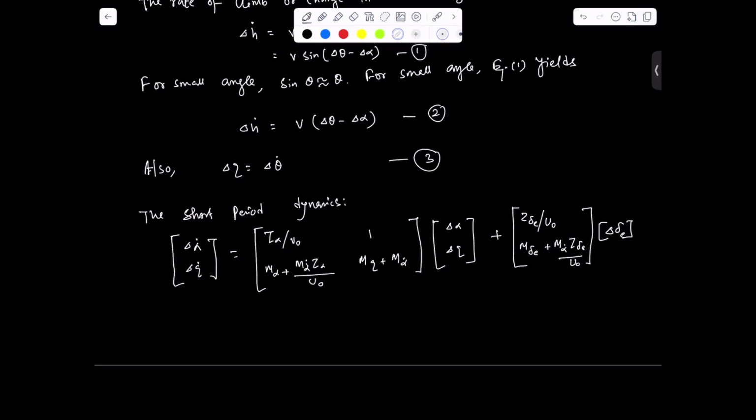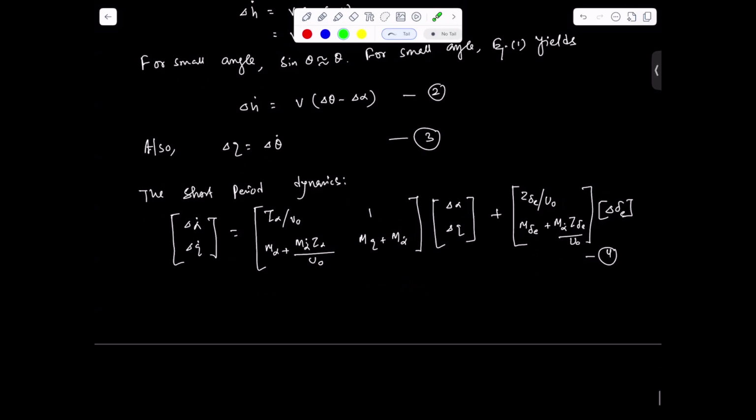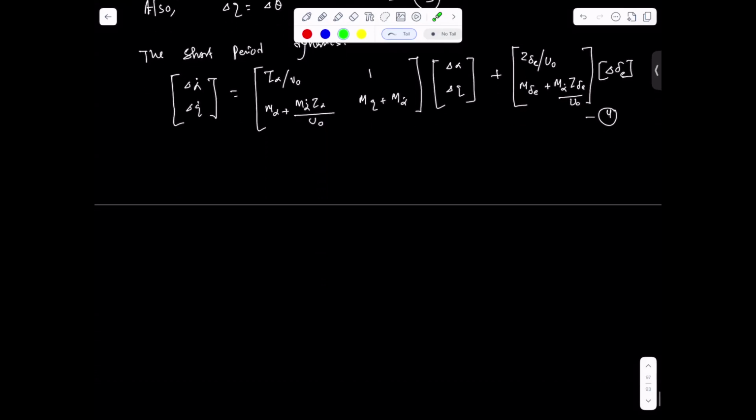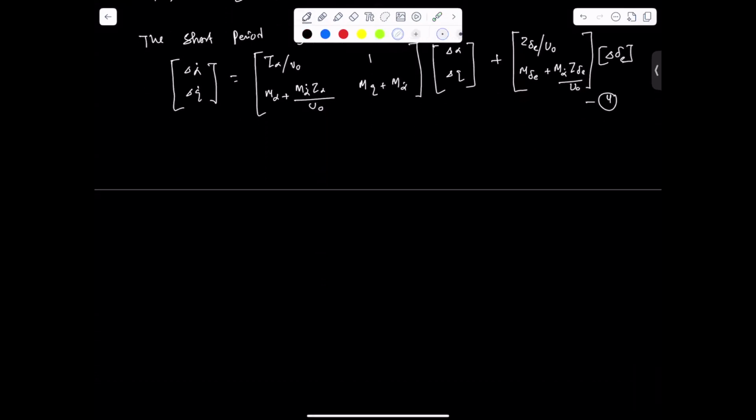So in this equation, if you add del theta dot and del h dot, these two terms, equation 2 and equation 3, to this equation, let us define this as equation 4. We are not going to explain the individual terms inside the A matrix and B matrix, as we have already discussed this in the first course. So now if we add equations 2 and 3 to equation 4, we have the state space model.